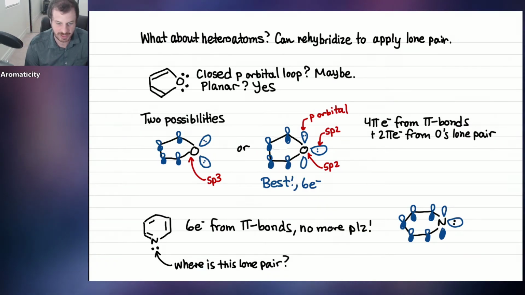That will keep those electrons away from the pi system, not contributing to the 6 that's already perfect. So we don't need to add another 2 to get to 8. That would be bad. So you can see that the lone pair on nitrogen is staying well away from the aromatic system in an sp2 orbital, not contributing towards that 6. Let's take a look at another example on the next page.